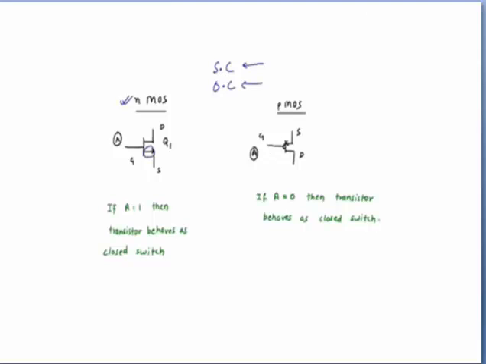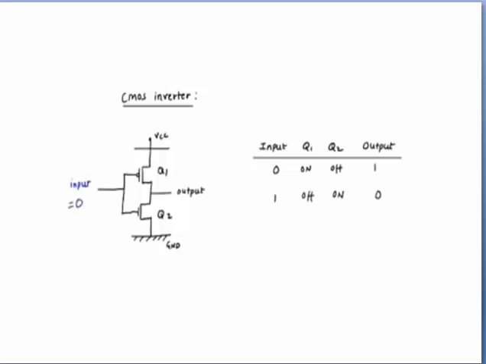Next is the working of the CMOS inverter. Now we will understand how it works. In this slide, if you know the logic of PMOS and NMOS, at the upper side we have the PMOS, as the bubble is present, and at the lower side, or pull down, we have the NMOS transistor.